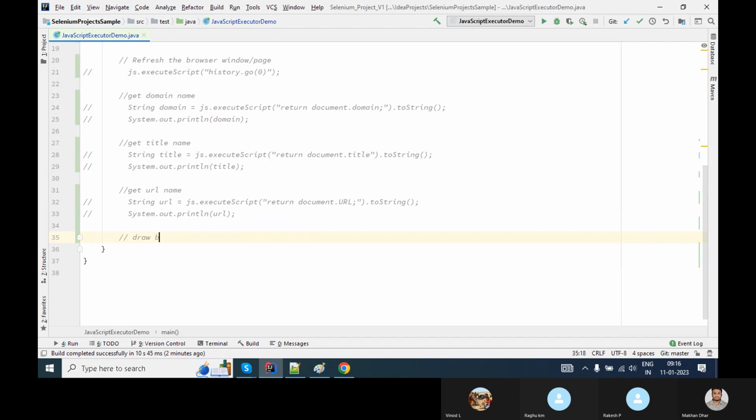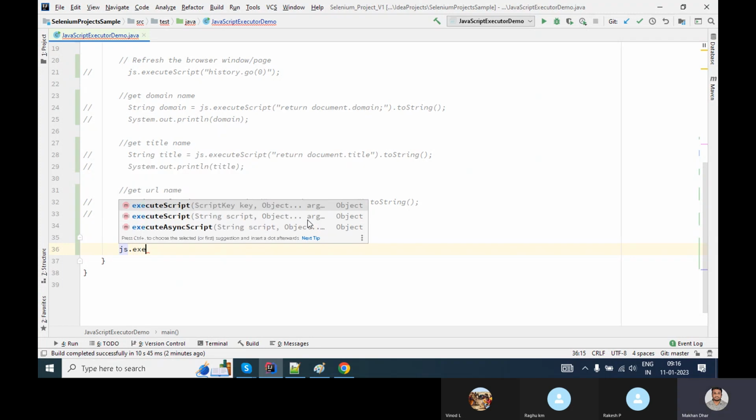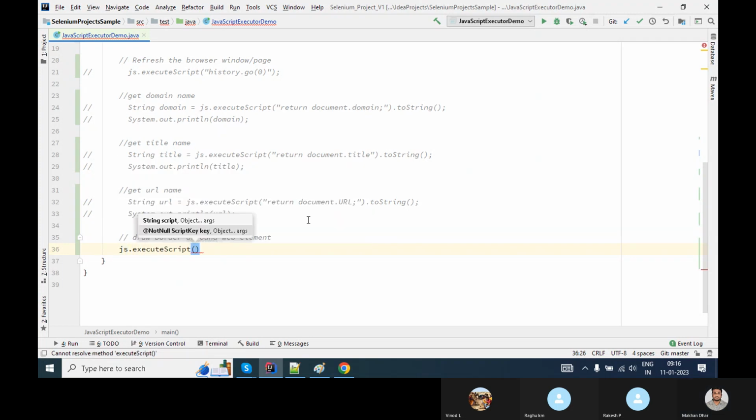So, border around a web element, or a web table, something. If you want to add any border, how to do it? For this, we'll again use JS, the object of JavaScript executor, then execute script, and